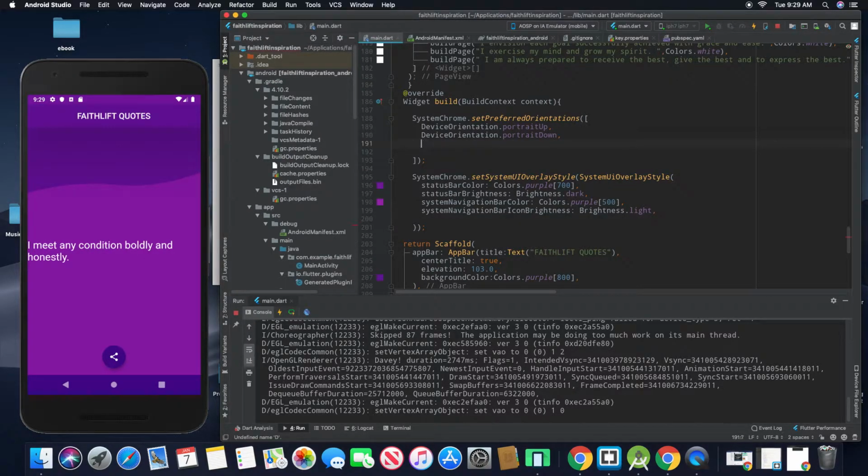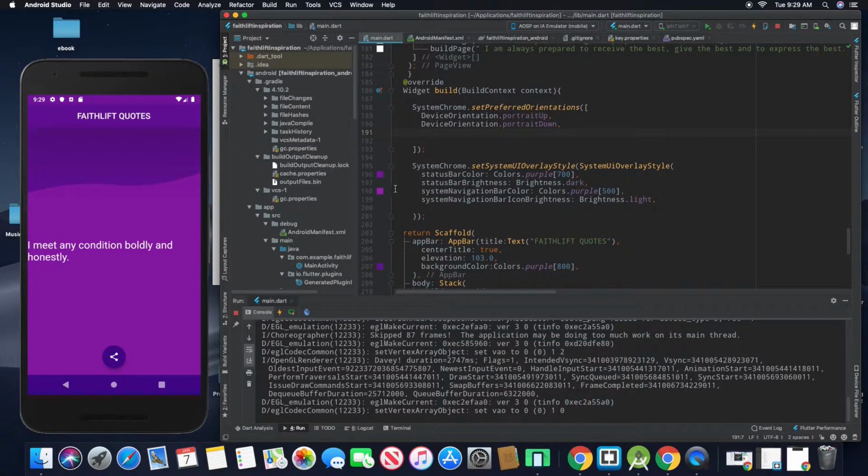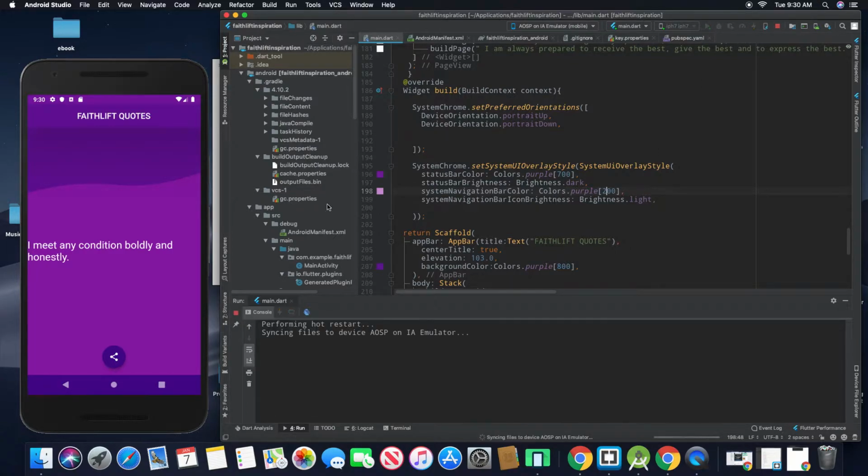So that is it. And the second one is how to change your status bar and your bottom navigation bar. For example, let me change this color. Let me run the app again. You see the color has changed. So if you want to bring it back to 900, the way it was before,